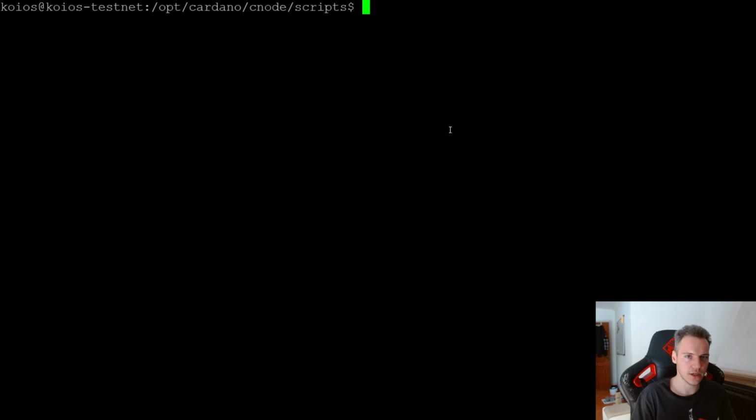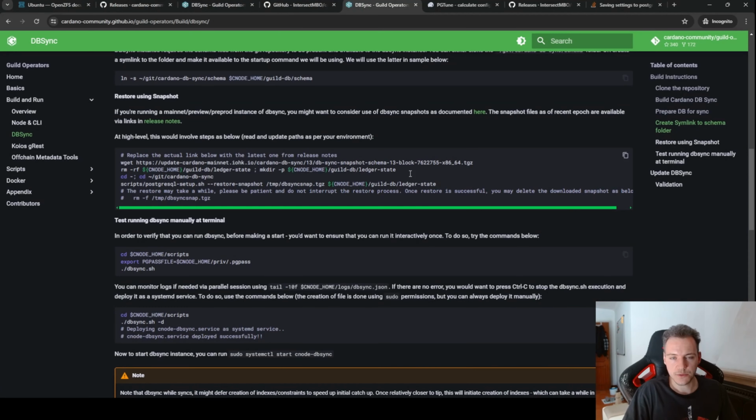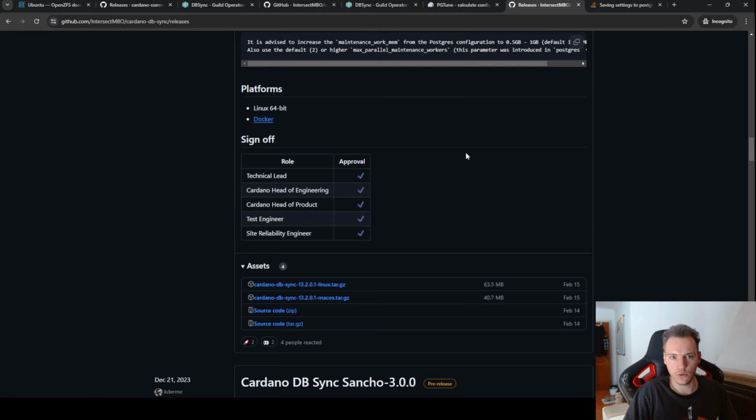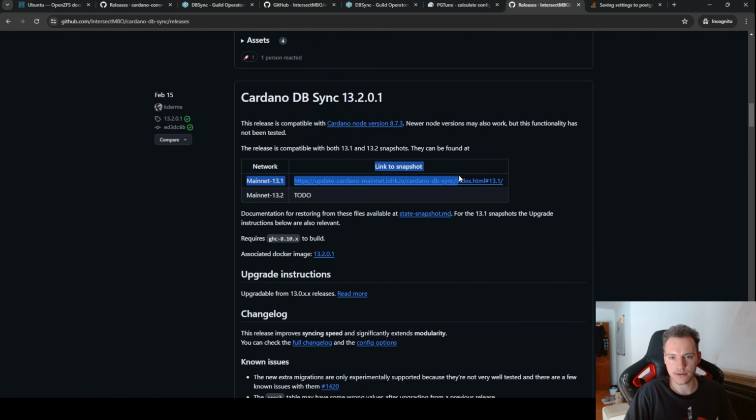So we can use a snapshot as well, just like we use for Cardano node, except for db-sync, there is no Mithril. So if you look at the release pages of db-sync, you will find that a release has a snapshot, and you can restore this snapshot by downloading here and using it. Also,